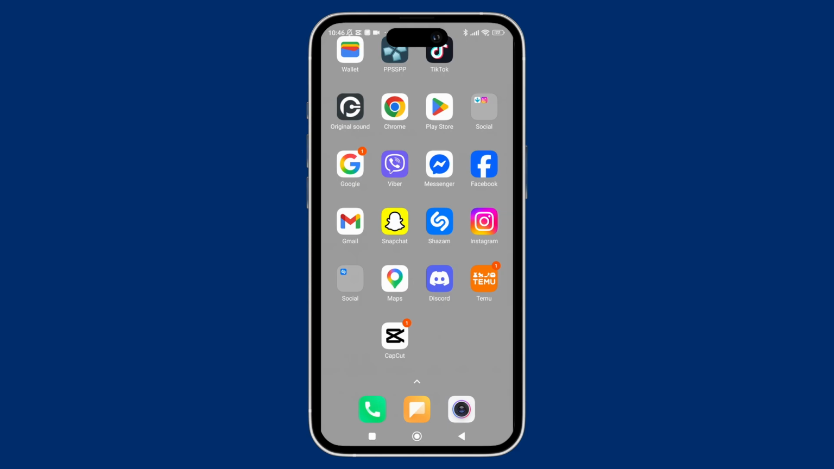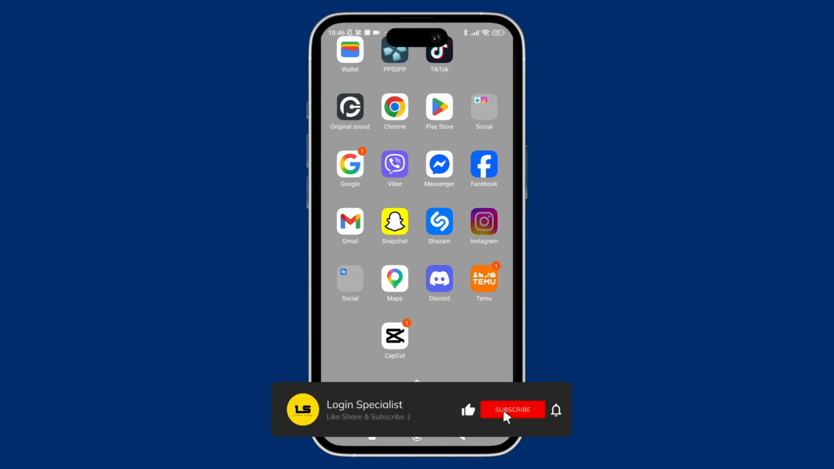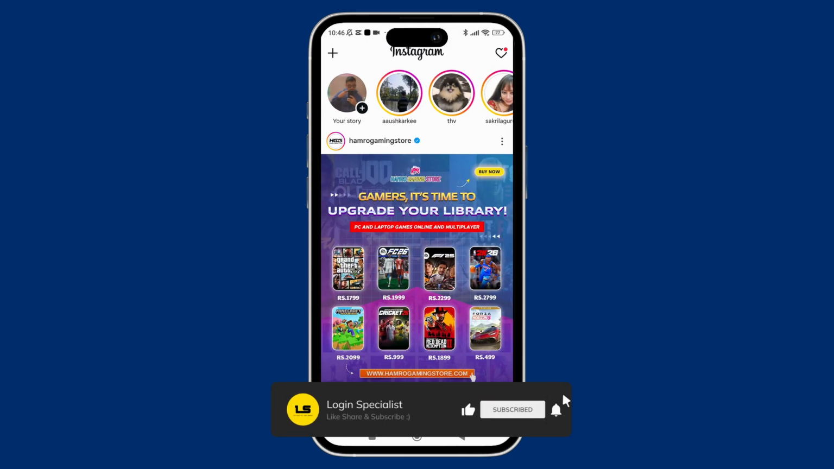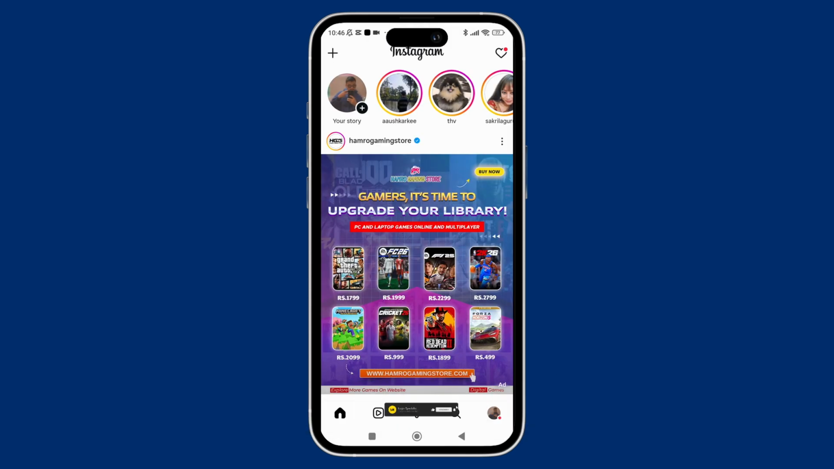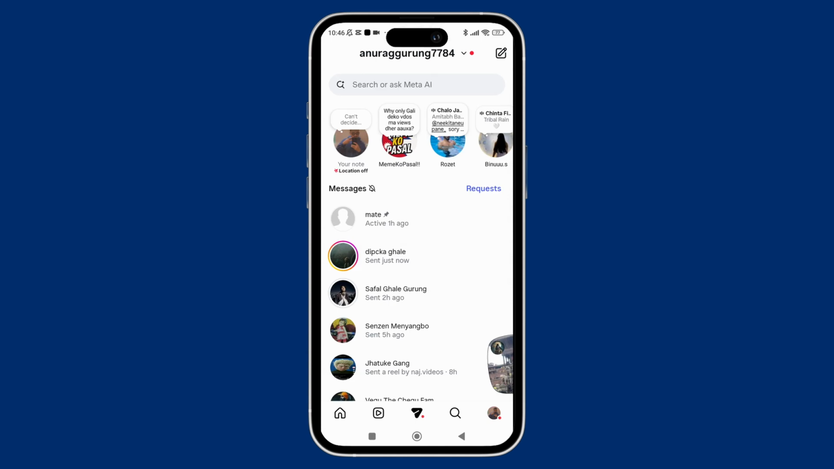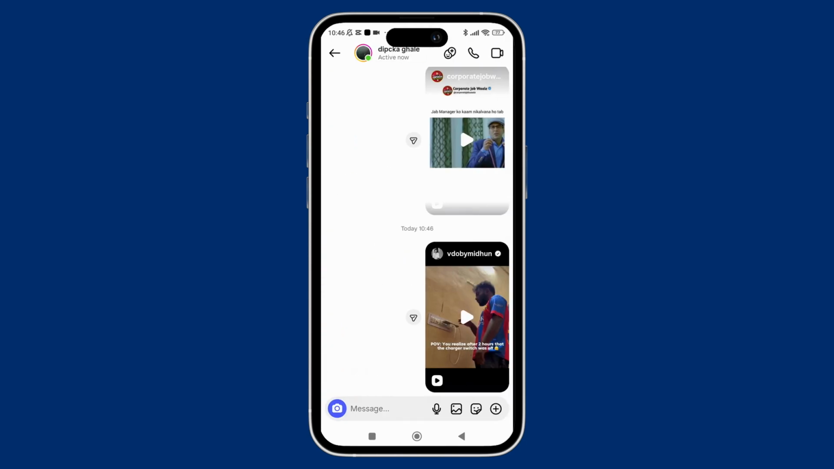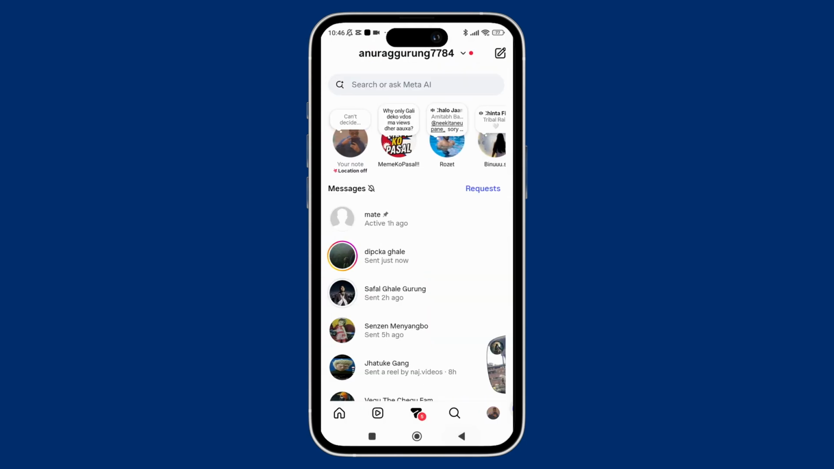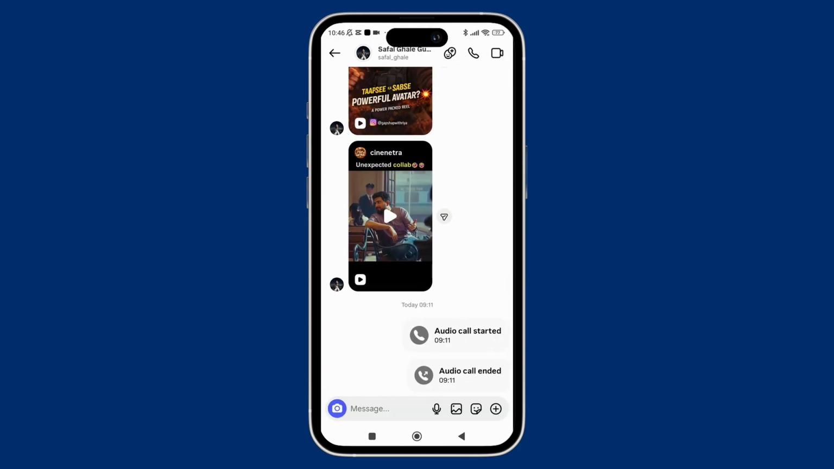So here, first things first, open the Instagram app on your phone and make sure that you're logged in to your account. And now here, once you're inside the app, just tap on the DM icon shown in the bottom center of the screen. And now here, once you are inside the DM section, you can simply scroll through the chat. And there, under each username, you may see the status like active now, active 5 hours ago, active 2